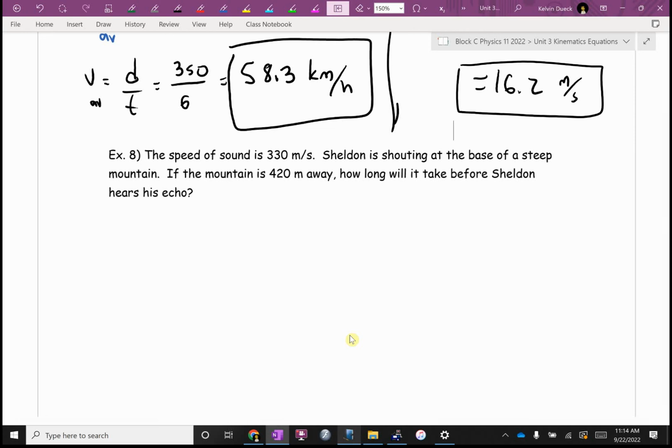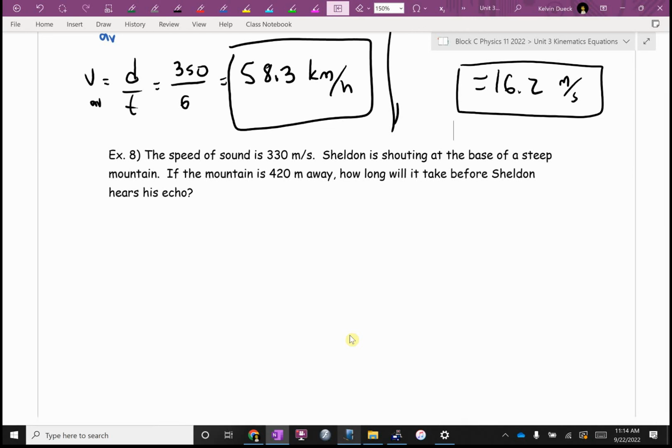Have any of you ever been somewhere where there was a really nice echo with a nice delay of several seconds so you could yell and then hear it come back? Yeah? Okay. By the way, you can also use this to figure out how far away the cliff that you're bouncing the sound off is. And I'll show you how to do that in a second. But first of all,